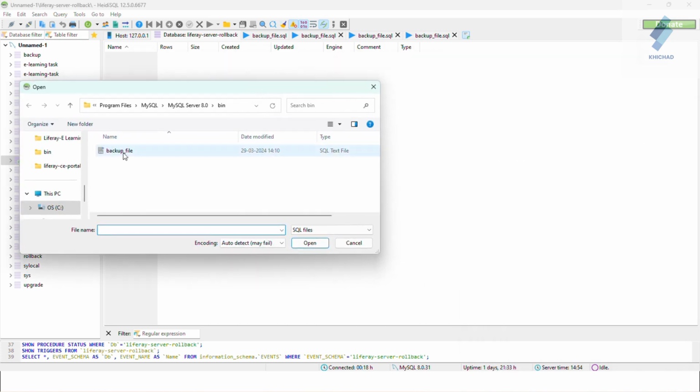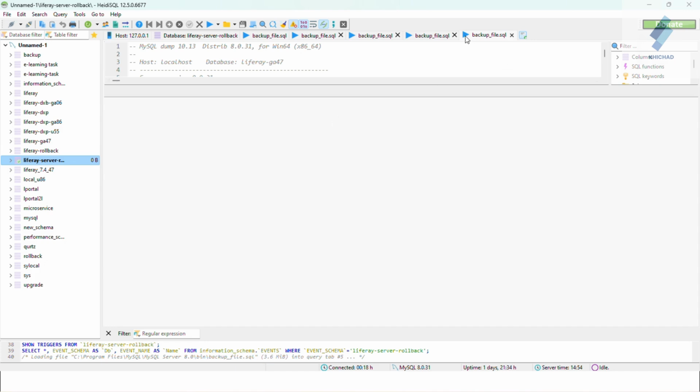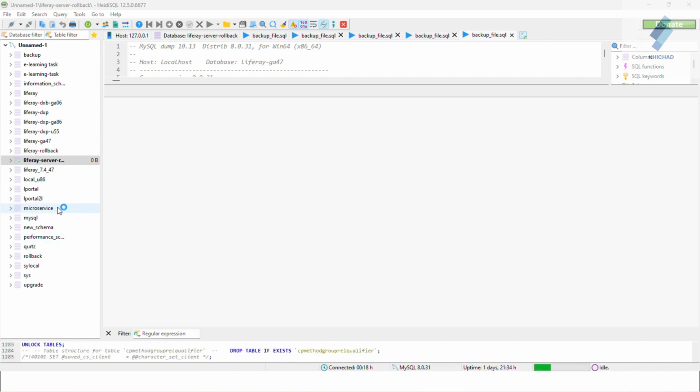And select the backup file you have created. Just select this. Yes. And run this backup.sql file. Now you can see your file is running, wait until it is completed. The backup file is running on your database successfully.